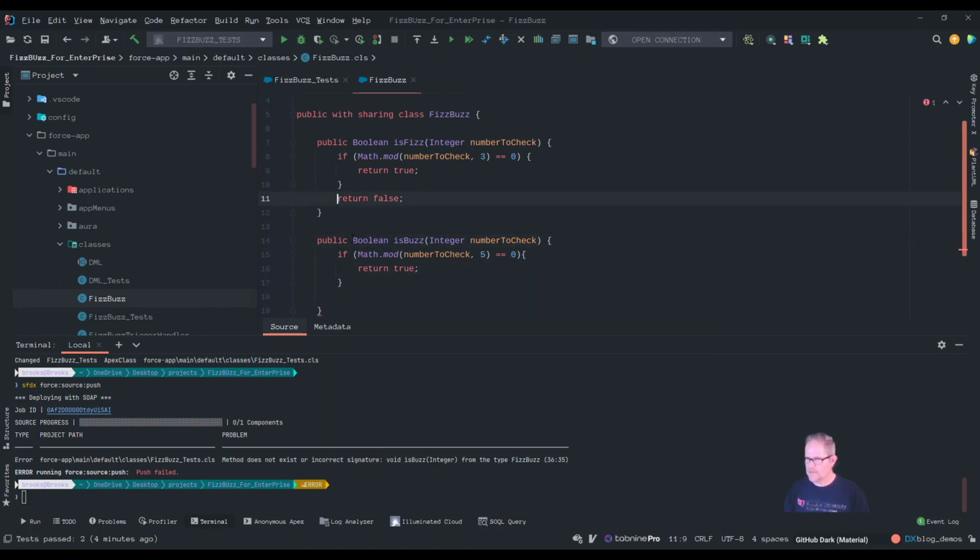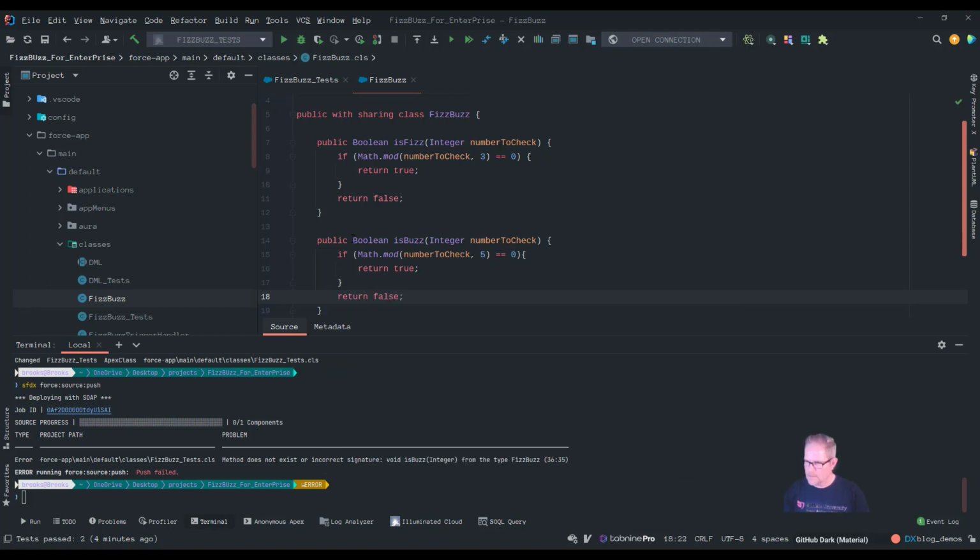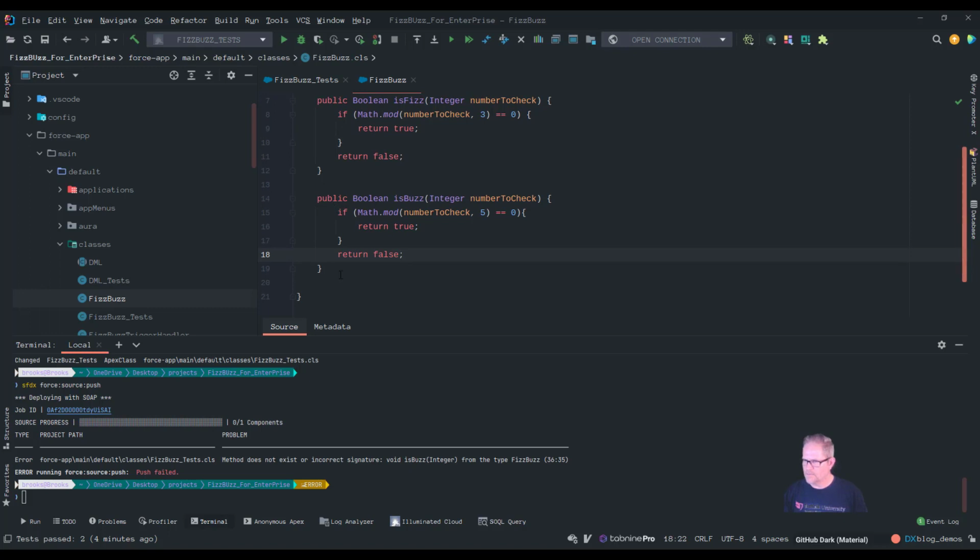We should put an else on there. Otherwise, we're going to just return false, right? Probably do these with ternaries, and we could refactor that later. All right, so now